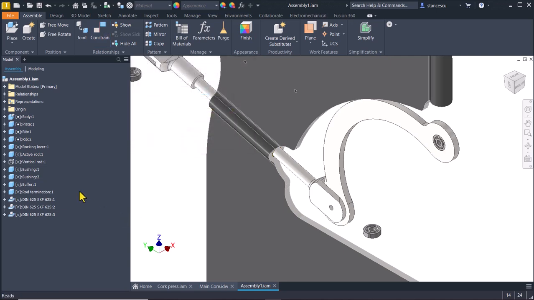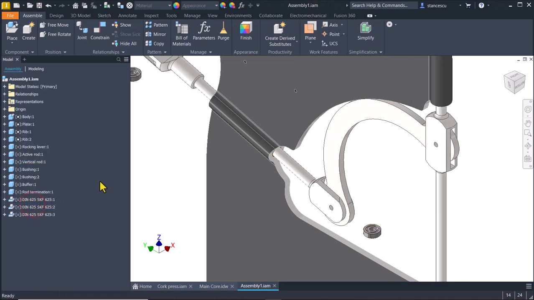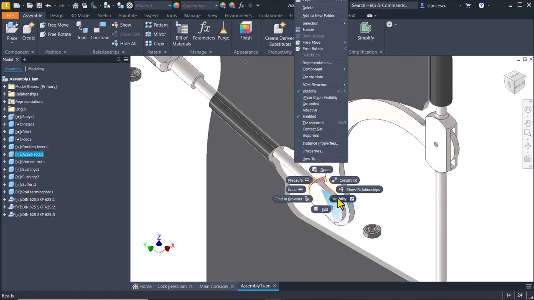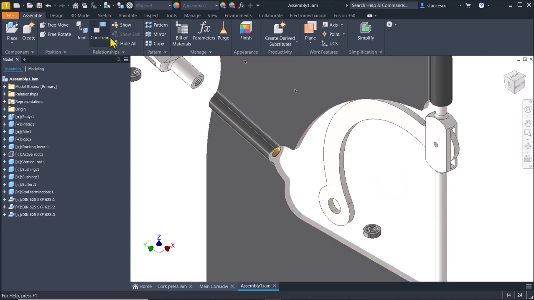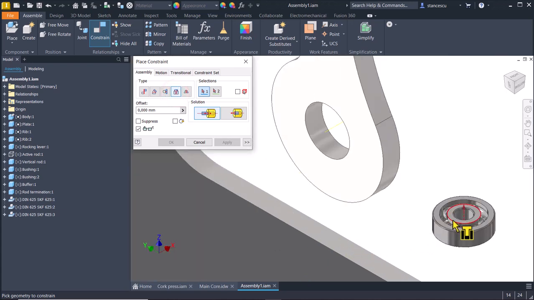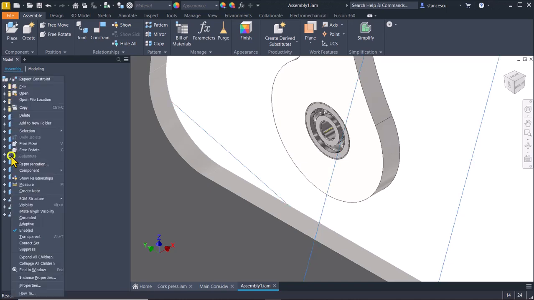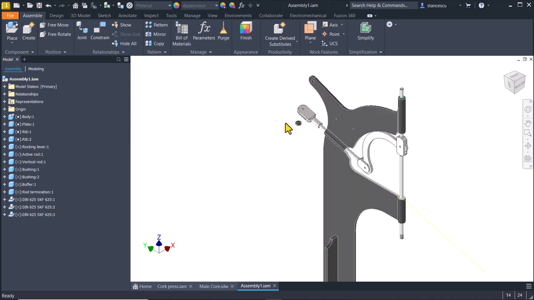We make visible this visibility here, and we hide this one because we apply insert of this to be here with alignment. Apply. Again, we make visible what is not visible. Here